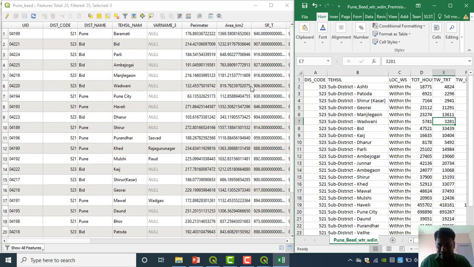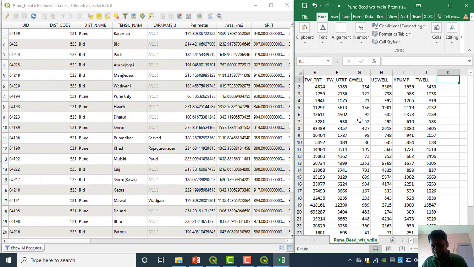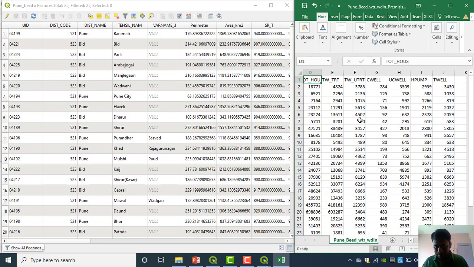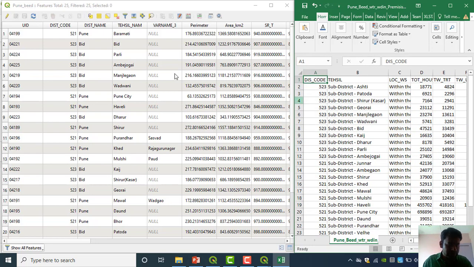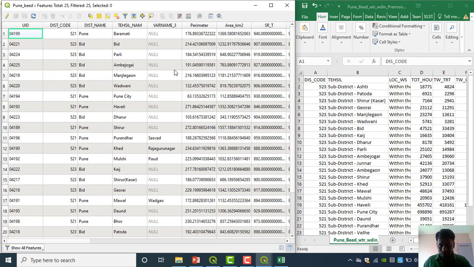Now just check out the variables. First we'll check the variables in the Excel data: district code, Tehsil, local, total. These are the different variables. And here: UID, district code, district, Tehsil, variable name, perimeter.